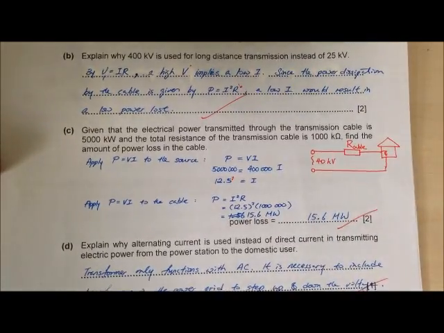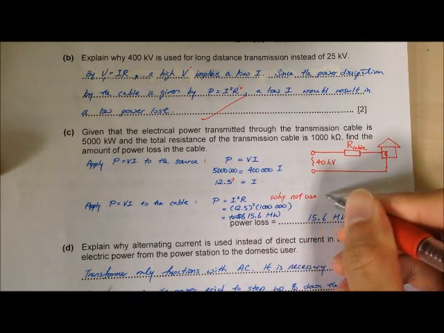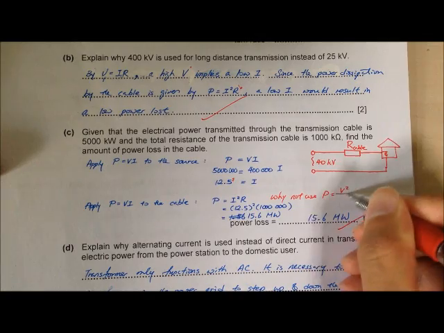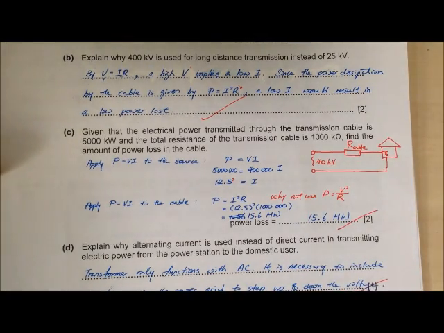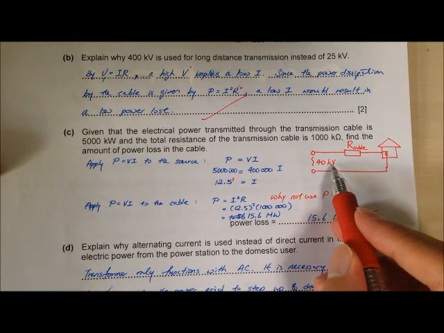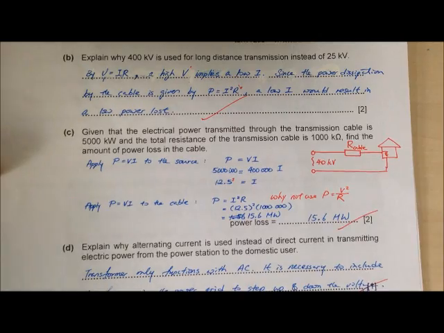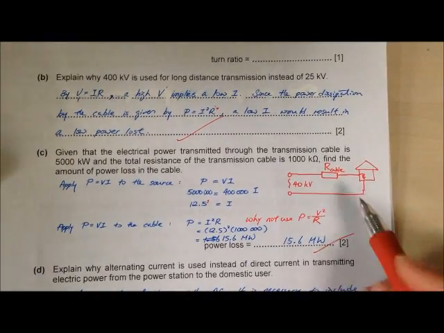So now the question is, why not use P equals V squared over R here? Why can't I use that? My power supply is 40 kilovolt. Why can't I put 40 kilovolt into here? Why? The reason is,